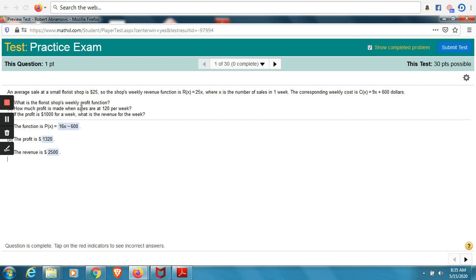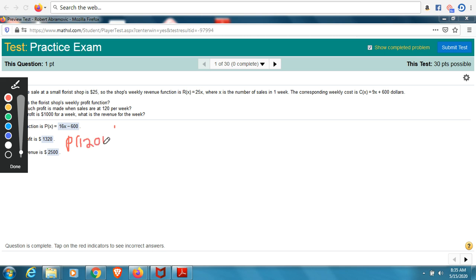Next question, how much profit is made when sales are 120 per week? So here, this is just a matter of plugging x equal to 120 into this function, 16x minus 600. So P of 120 equals 16 times 120 minus 600. Now 16 times 120